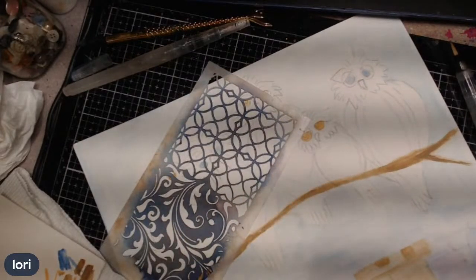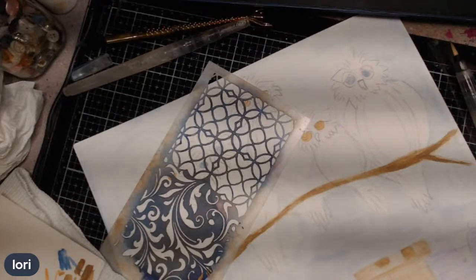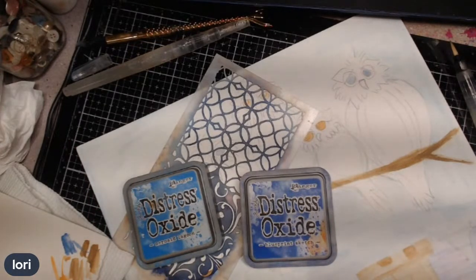Okay, so let me pull out, I want to use one of my blue oxides because I just like the way they go on. Let's get 2 different blues. And I can always add to this later should I want to. I don't want to get too up close to the...